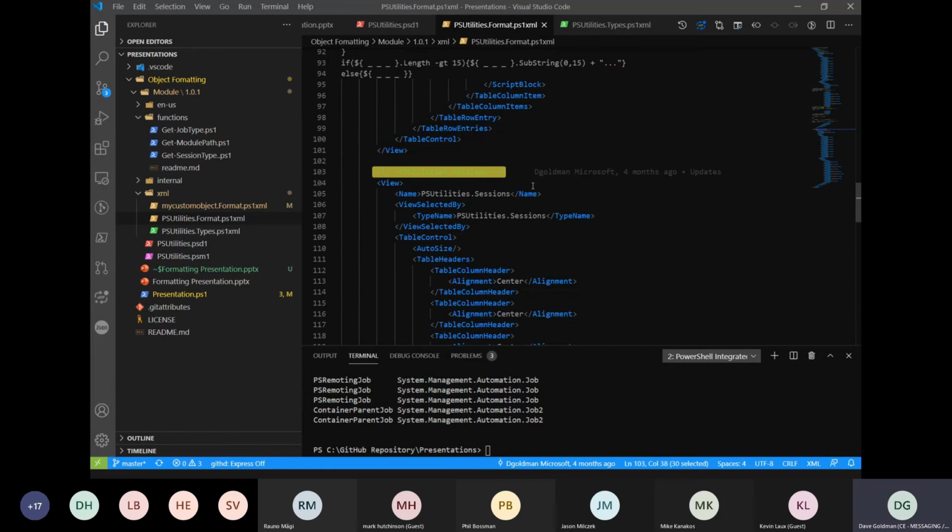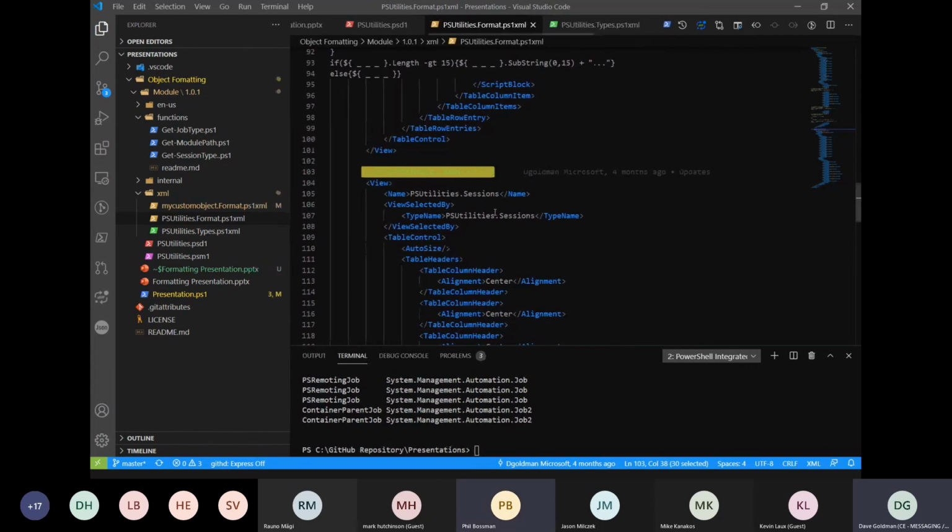Don't get that confused, and that's important to remember, because if you run update type or update format data, you're updating it on the fly for your local session. You're not using the module import. So it's very easy with testing to get that mixed up.